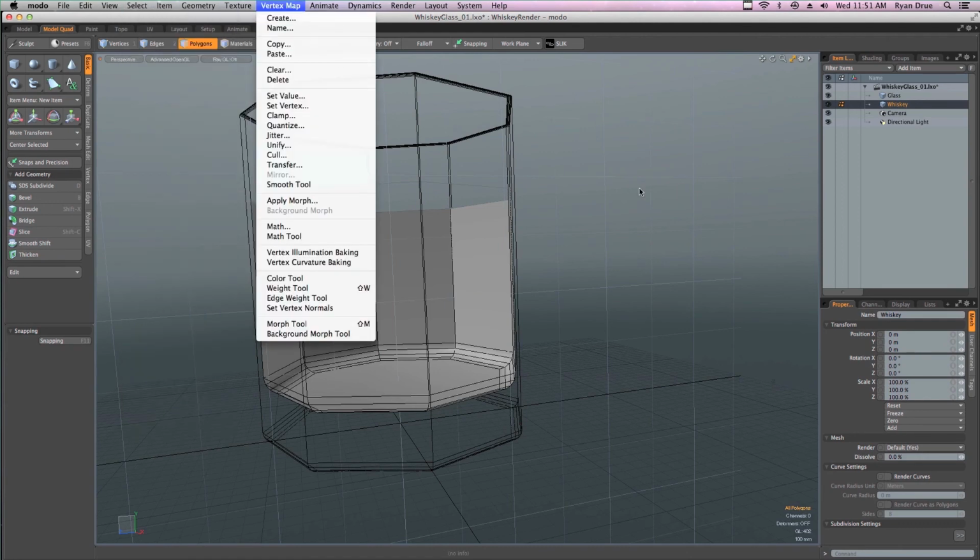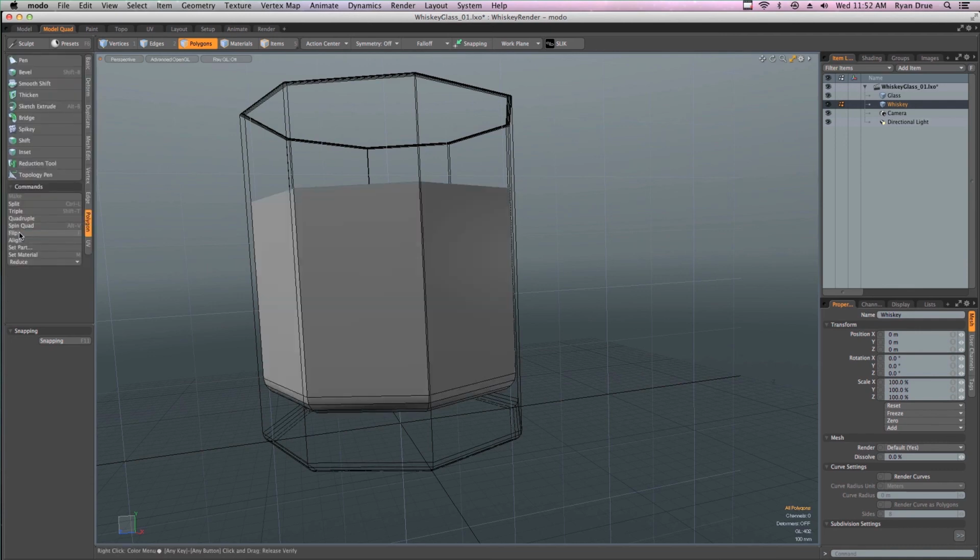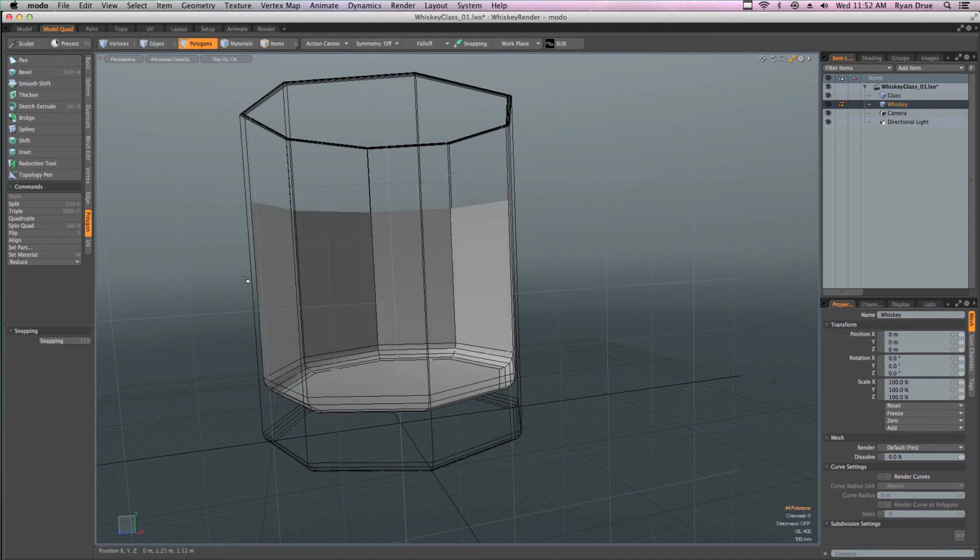Well, regardless, this is a shortcut you're going to want to use all the time, and it's actually F to flip those. You'll find that here also on these little side tools under Polygon. There's this flip. And if you see that, it's going to flip those polygons. Now they're facing outwards, and that's what we want. The inside of the glass, we obviously want those polygons facing inside, but since we have our liquid, we want it facing outwards. So now, again, F on the keyboard,